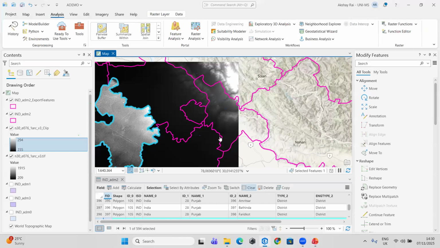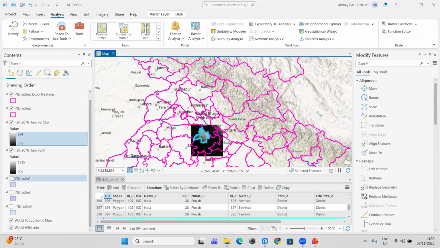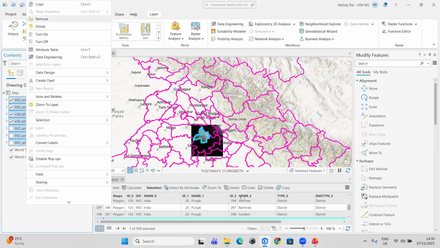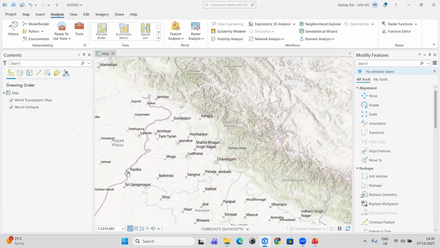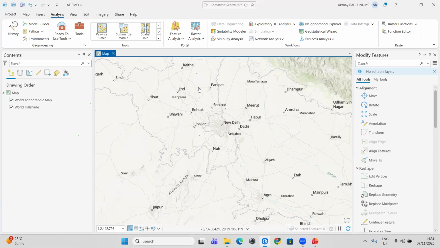A vector case. Yeah. So for example, just remove all of it. Now, for example,